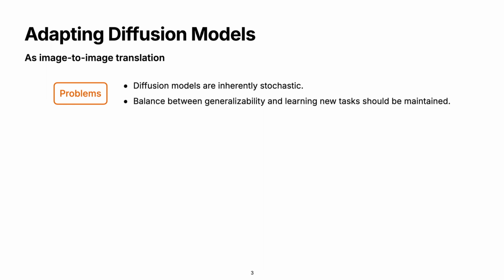Some recent works have used diffusion models to perform image-to-image translation. However, we cannot directly apply these methods because, first, diffusion models are inherently stochastic. From the same input, models can generate different possible outputs with different initial noise. Second, we have to carefully maintain the balance between keeping the ability of generalization and learning new tasks in new domains. Specifically, the stochasticity of diffusion models derives from two sources: sampling of initial noise and extra noise added during